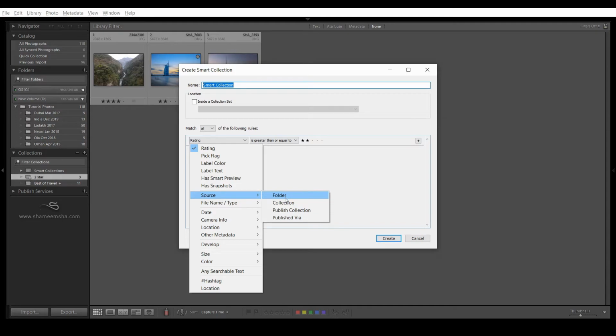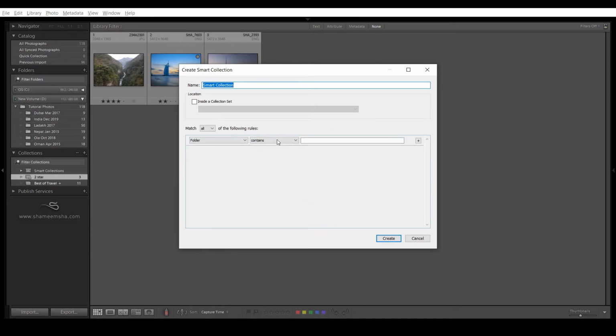Now instead of selecting the entire catalog, let's create a collection only for our Ladakh trip. So source, I'll say folder, and not necessarily I should give the entire name. Maybe I have 2-3 folders of Ladakh. I want them to search only those Ladakh folders. Maybe it's Ladakh 2017, 2018. So different Ladakh folders are there. I can say folder which contains Ladakh. So if this spelling is same for all the folders, it's going to search through all the folders, and from there I want to have a rating which is 1 star above.